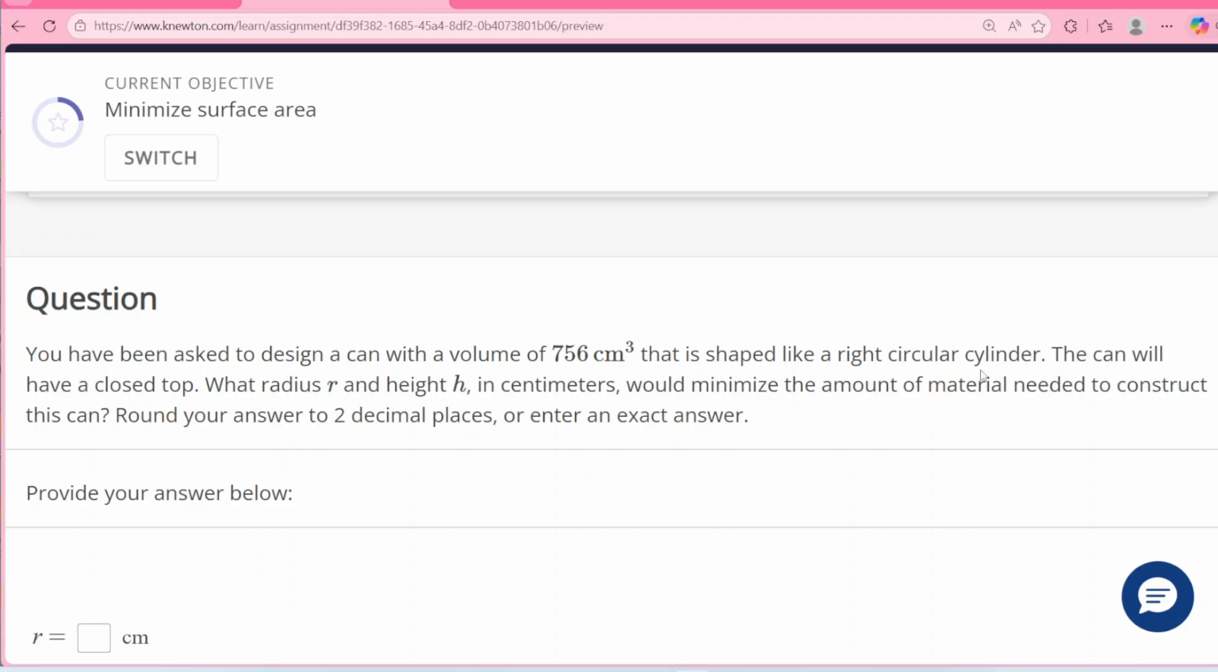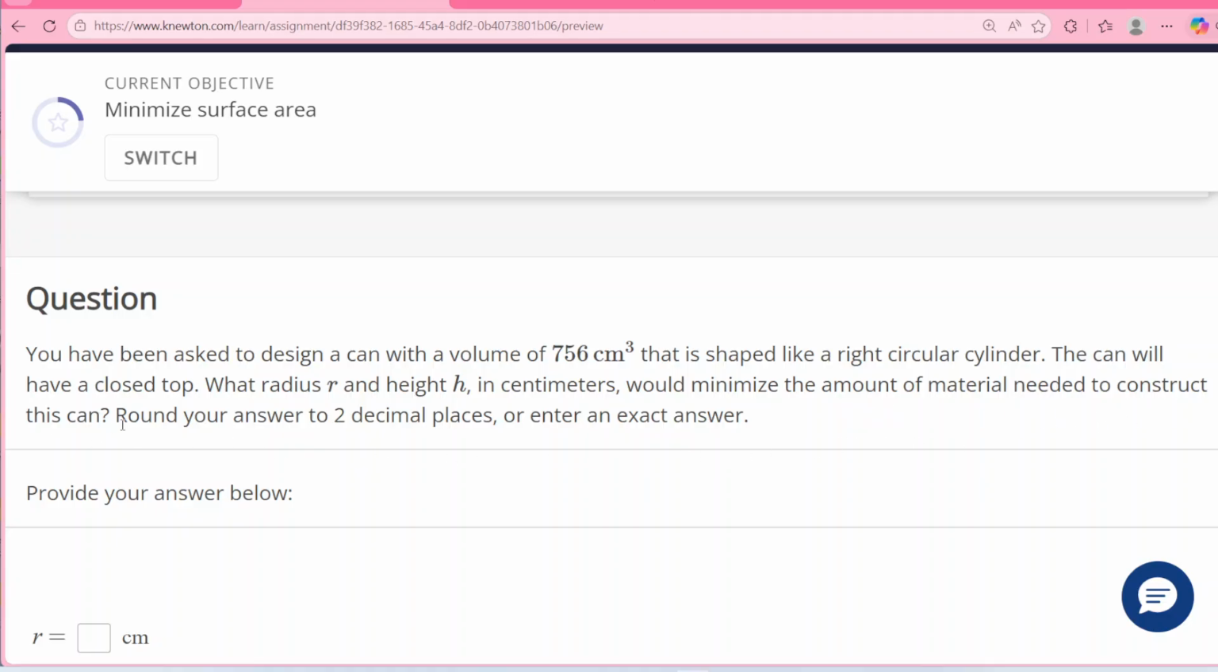So you've been asked to design a can with a volume of 756 cubic centimeters that is shaped like a right circular cylinder, right? So like a typical straight up, circular can. The can will have a closed top. So this time, instead of an open top, there is actually material at the top. So we have to take that into account when we calculate surface area. So what radius r and height h in centimeters would minimize the amount of material needed